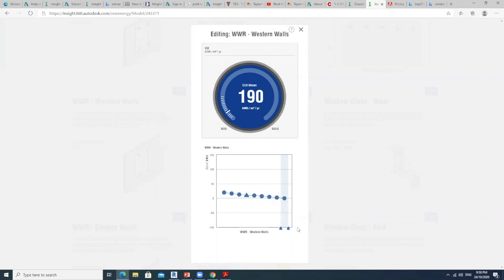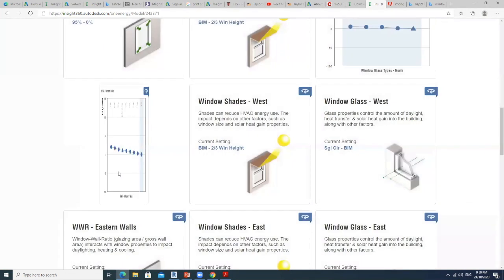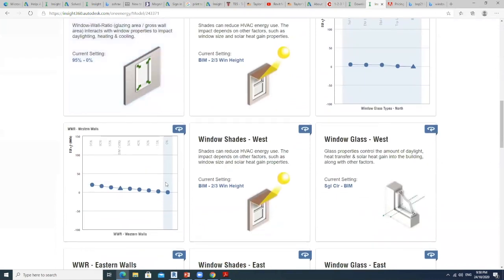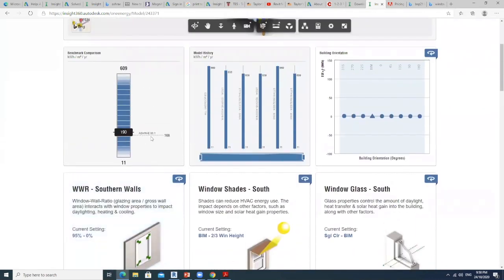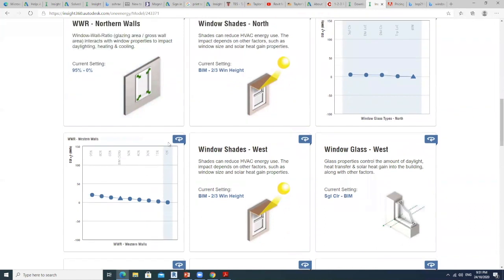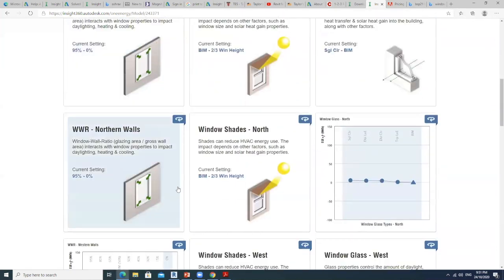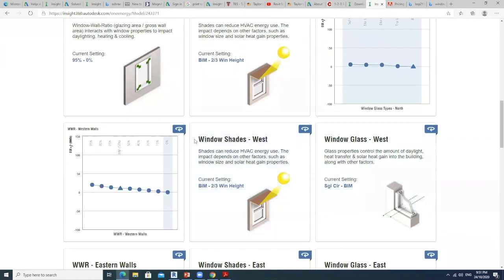Okay, so maybe I can just use this as one option, 0%. So in total I will be able to reduce up to 190. All right, that can be one option to revise my design. But still, if you notice, we want to at least achieve the actual requirement. So there are still a lot of things that we need to play around with